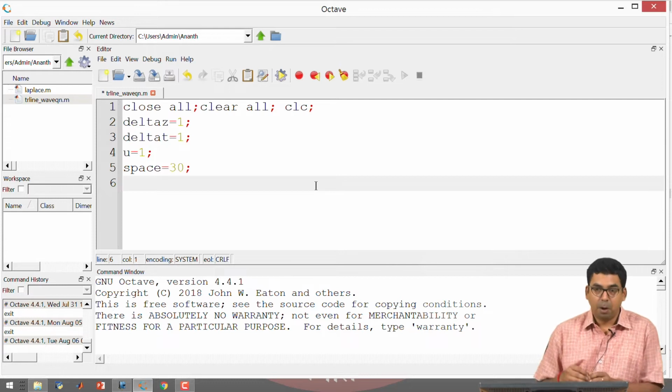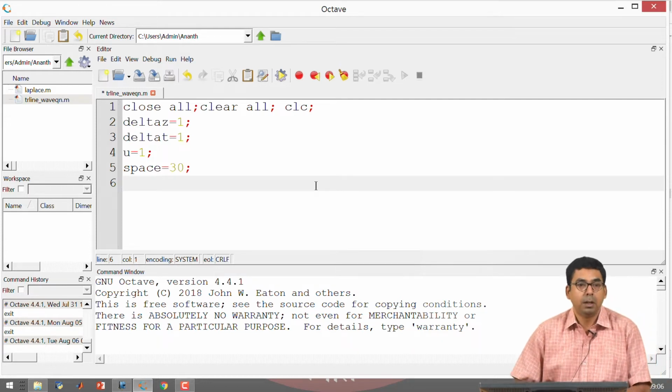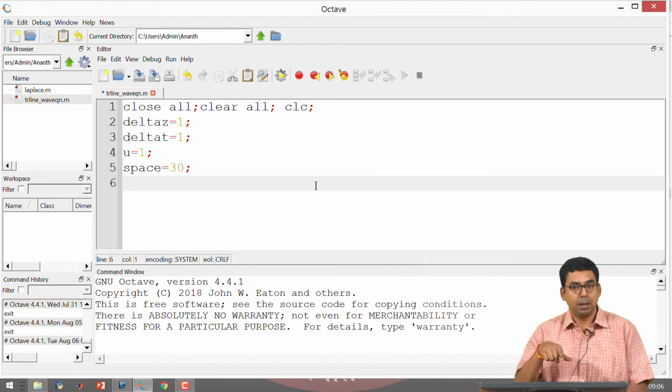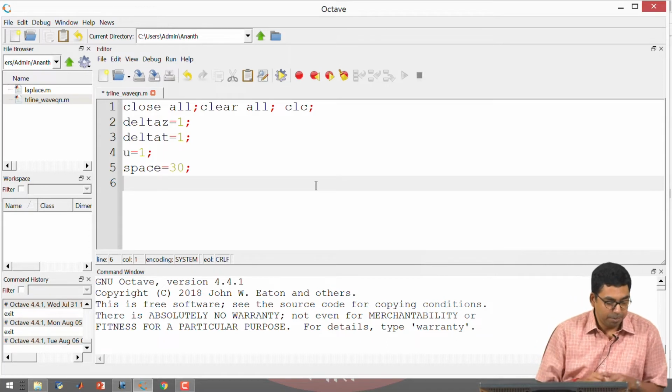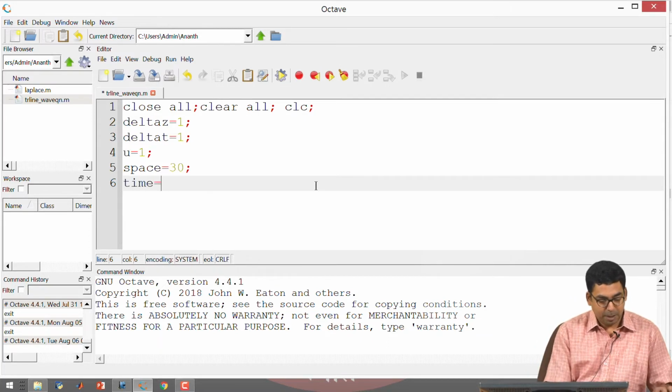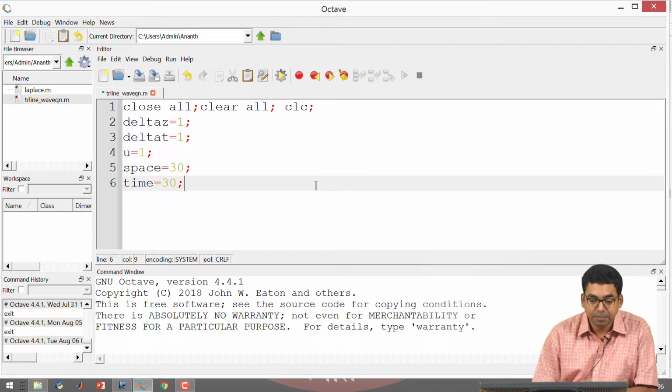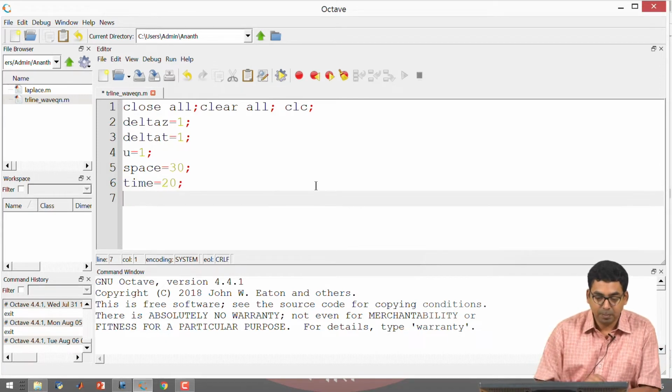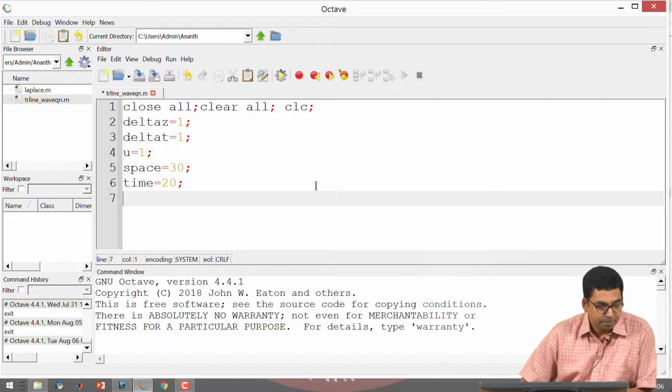And now this is a simulation for the time evolution of voltages. So you will have to start at some time and end your simulation at some instant of time. We have to tell what the ending time is going to be. I am going to say that the end time is equal to 30. I will even begin with smaller values of time.